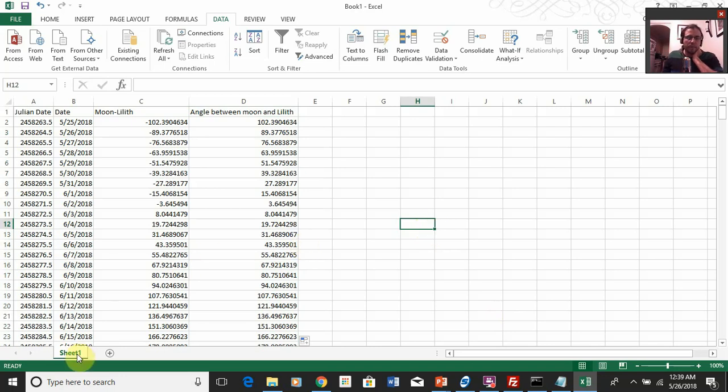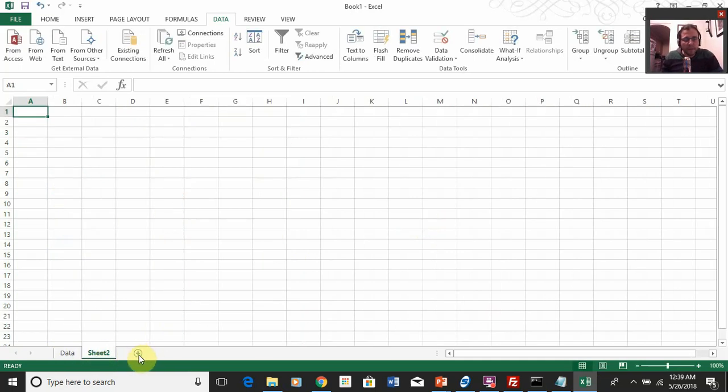Down here, there are different sheets inside of your workbook. If you want to name it, you can double click it and do data. And then we'll make another one by clicking that plus sign. We just made a new sheet. And we're going to import the data again from that